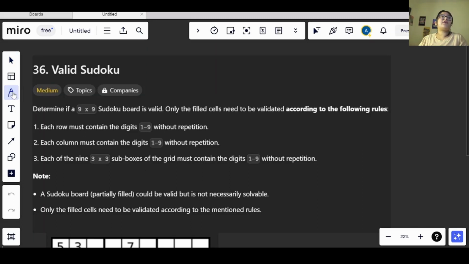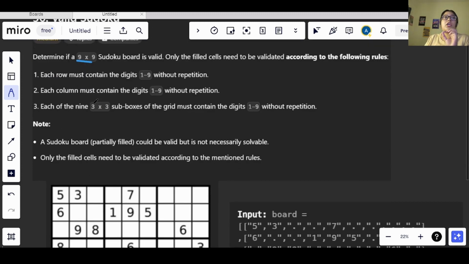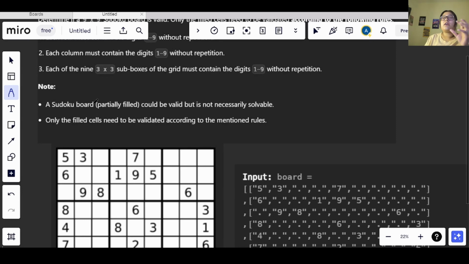In this question we have been given a 9 by 9 Sudoku board, okay, and we need to check if it is valid or not. Now we have already been given the Sudoku in which the elements or numbers are already present, okay, and we need to validate on that basis only. You don't have to search, you don't have to fill the rest of the values in the empty cells, okay. You just need to check on the basis of the elements which are already present in the Sudoku, okay.